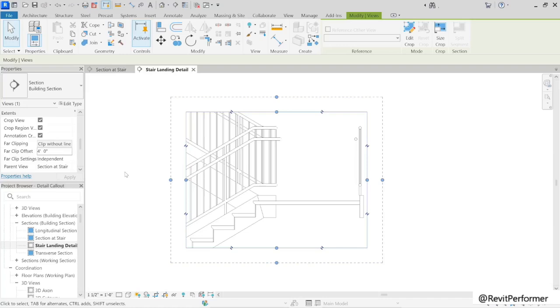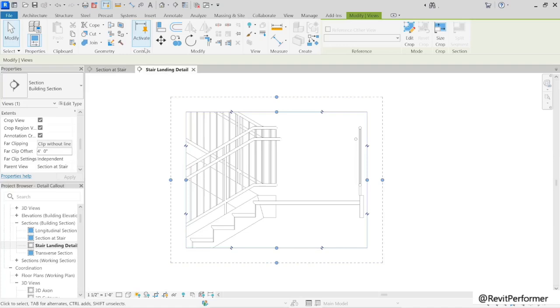Okay, so we've now established the model extents, but there's a second rectangle surrounding this with a dashed line, and that is the annotation extents. So callouts actually have 2 crop regions. So the inner one, as you can see, is cropping the model. But what this outer one is doing, it only applies to annotation.